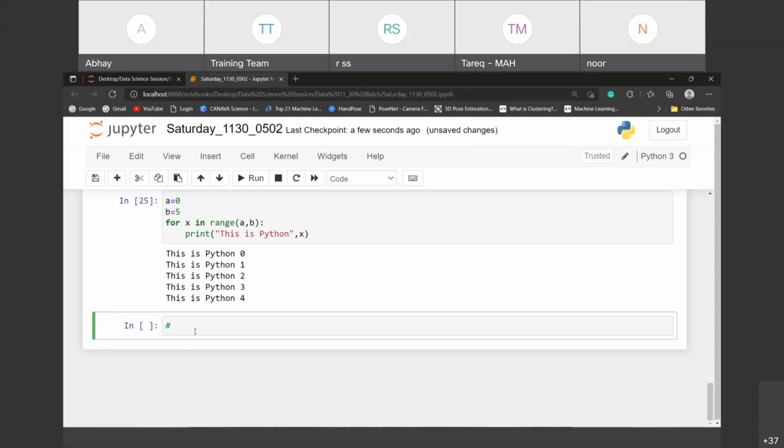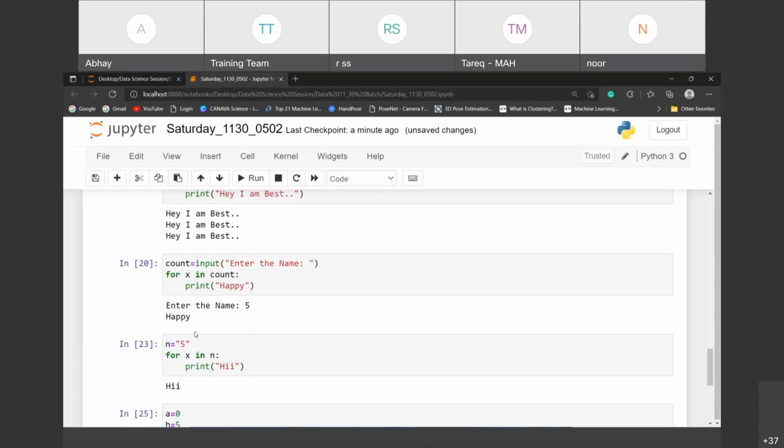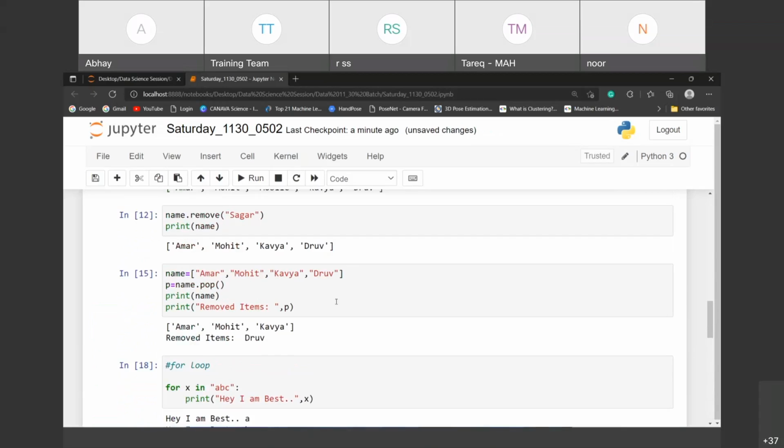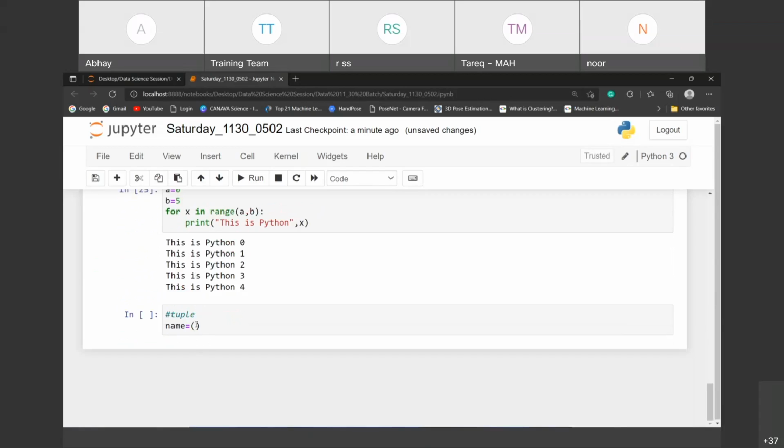So what is the behavior of tuple? Can anyone say? Once you define, you cannot change. Is it correct? Allows duplicate. Yeah, it allows duplicates, but it is not going to give any chance to add something, right? So that is the behavior, the unchangeable behavior we have. Suppose I have made a mistake here, like this one.